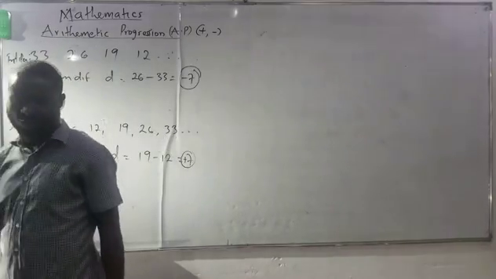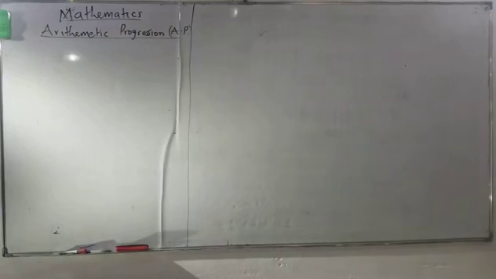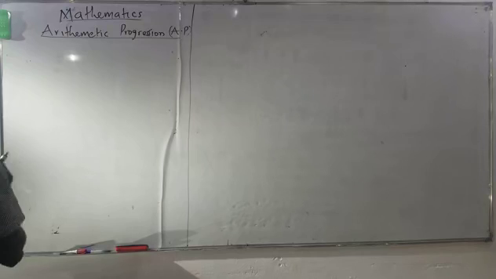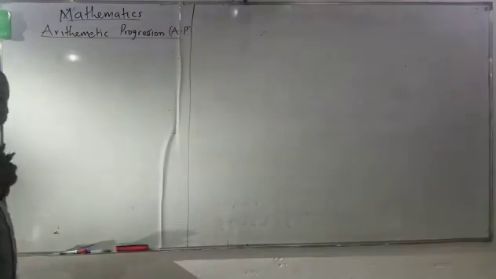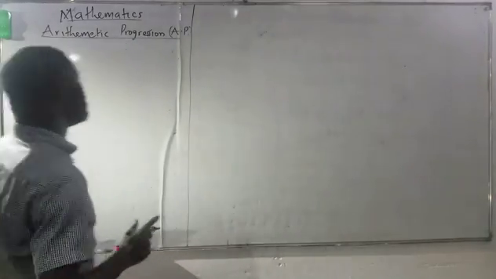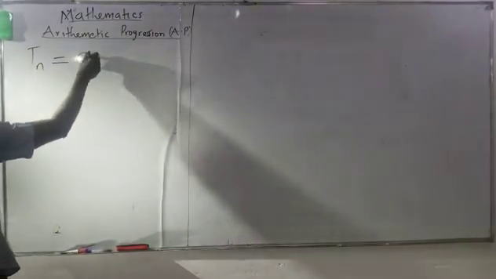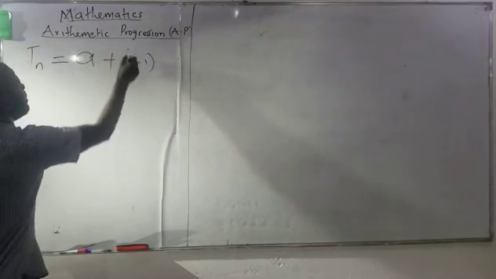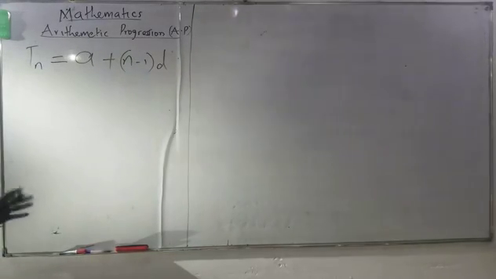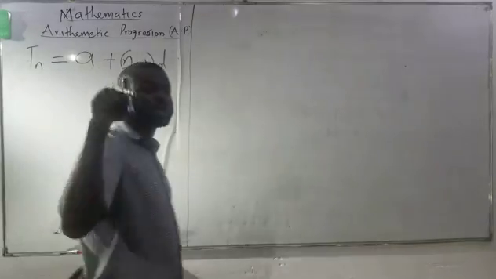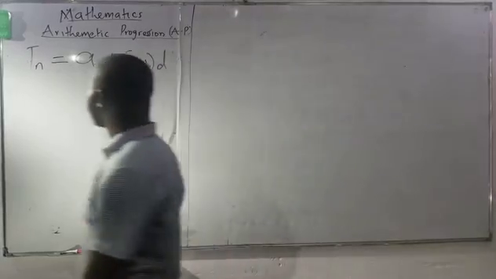Now, let me quickly write out some problems, some questions, and work on them. Before I write out some problems, I want you to understand some things. This is the formula for finding the nth term of a sequence. The formula says T of n equals a plus n minus 1, in brackets, times D. That is the formula for finding the nth term. It means a number's position in a particular sequence can be found using this formula. Now, for instance, where